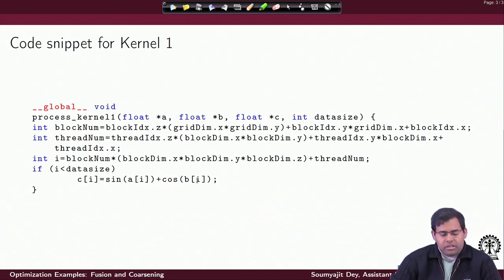When is that a valid access? As long as I is less than data size, which is a variable that tells you up to what position in both the buffers A and B they are supposed to contain valid data, right? So you compute the global thread ID, you use it to compute the linearized position or offset inside the array A. Similarly, the location from B, right? And then you are simply doing a sin Ai plus cos Bi to figure out what should be Ci, with respect to the input buffers.